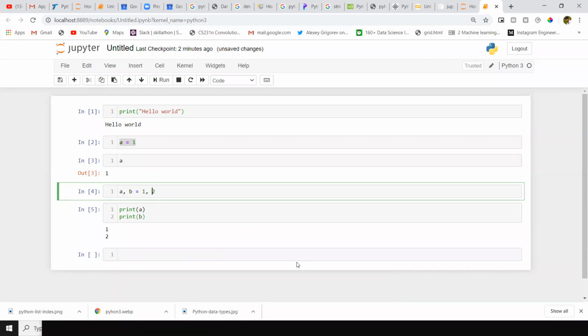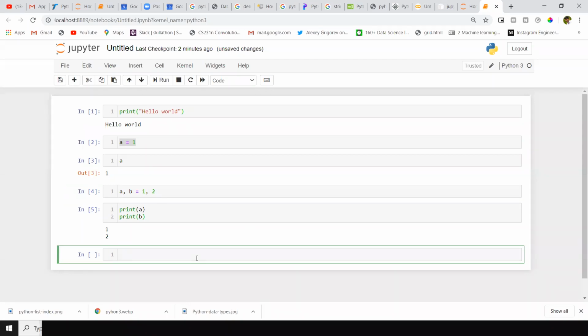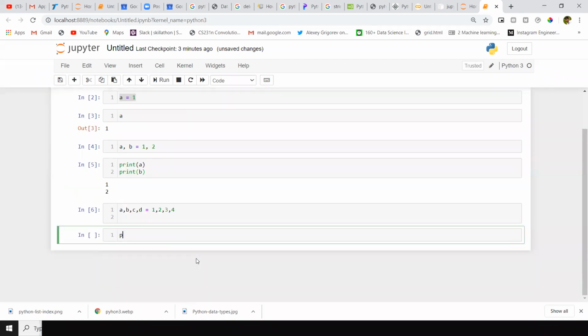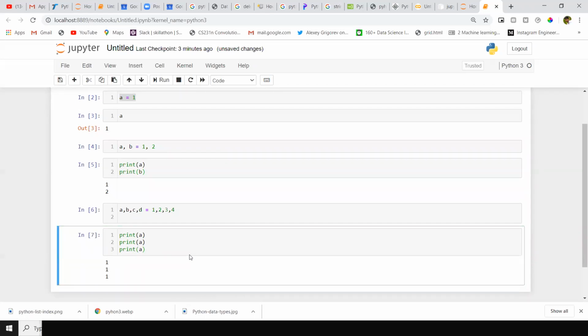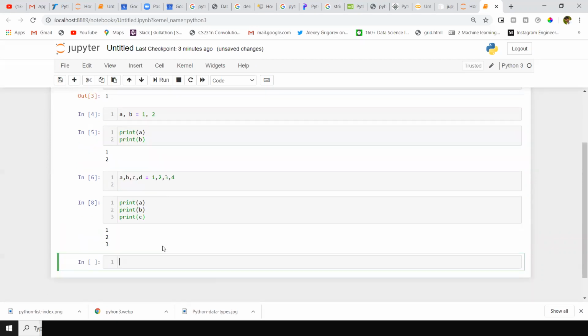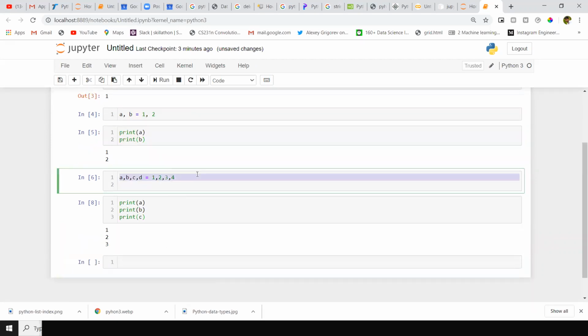In a single line, you can define n number of variables: a comma b comma c comma d. Like this, you can define n number of variables in a single line of code.